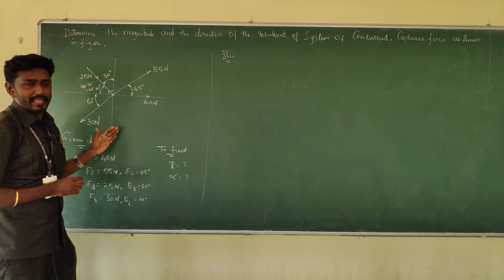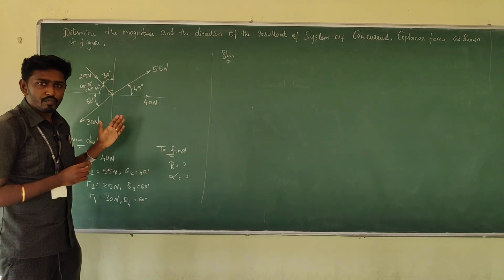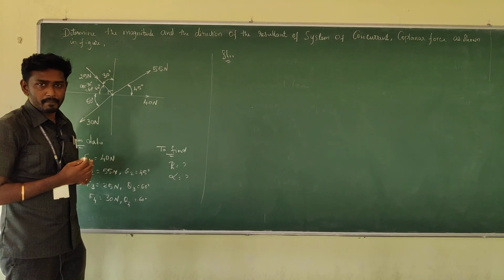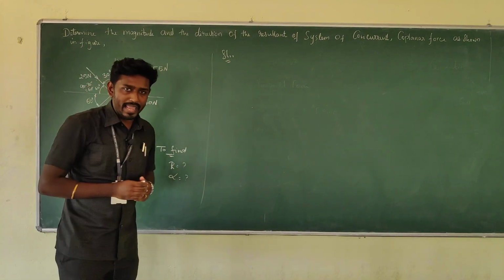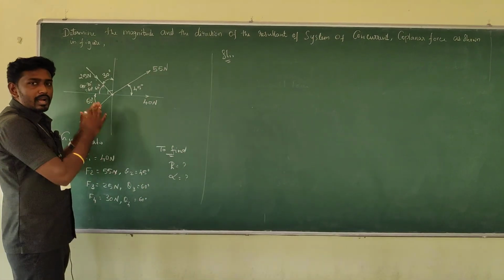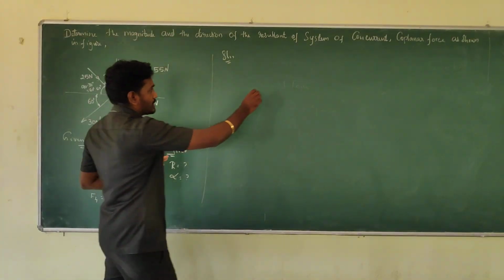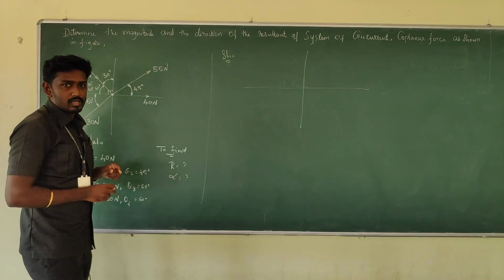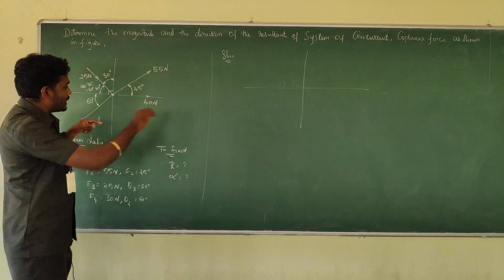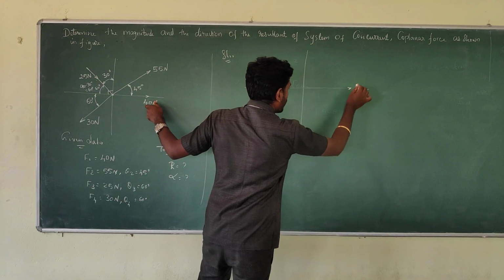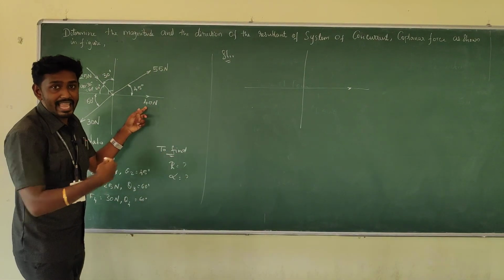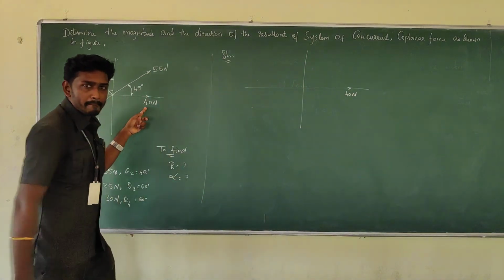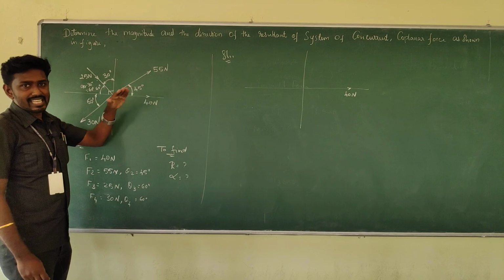When you are going to solve with the resolution of force method, we always need to split up all the forces into components with respect to the x-axis and y-axis. So here just try to split it down. As far as this diagram is concerned, I am going to take the xy axes. In the horizontal direction there is a force, and we identified it is directed along the x-axis. So we don't want to make any changes, directly take it as 40 Newton. And here 55 Newton, it's an inclined force.